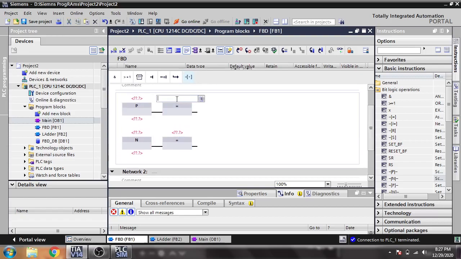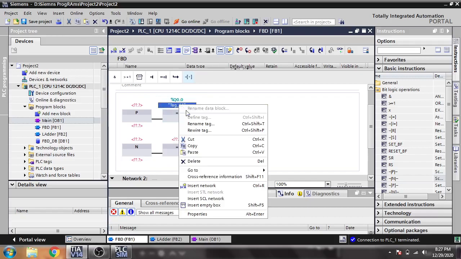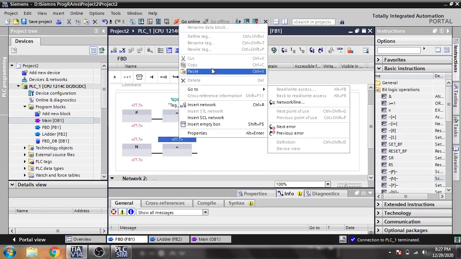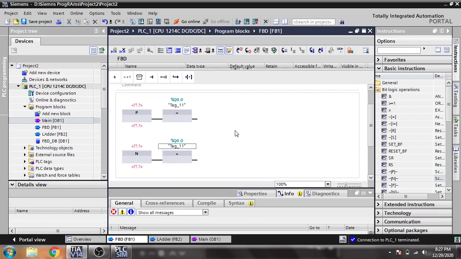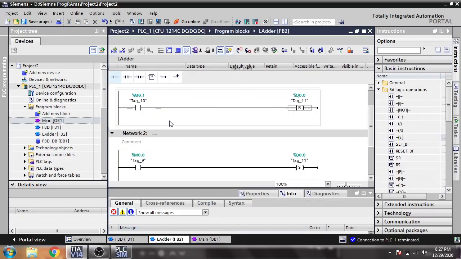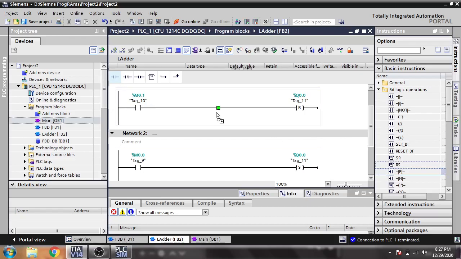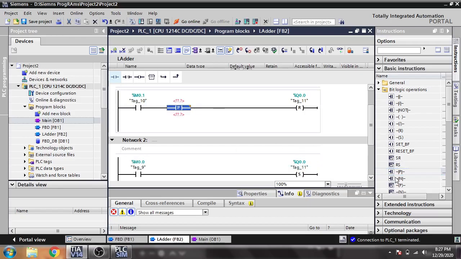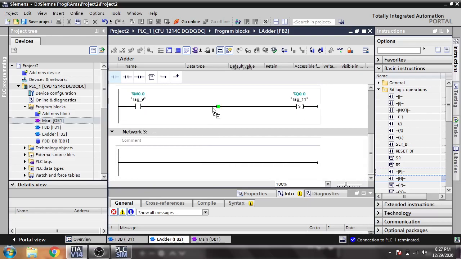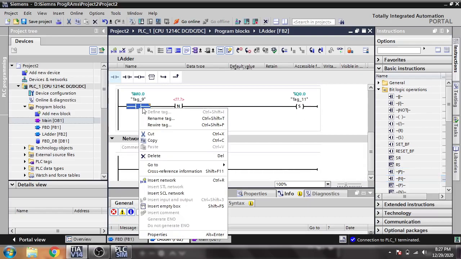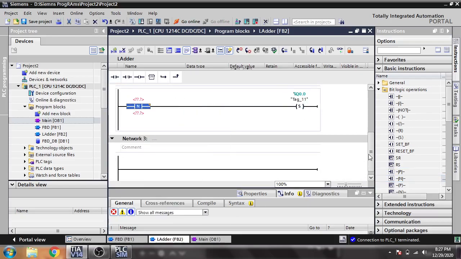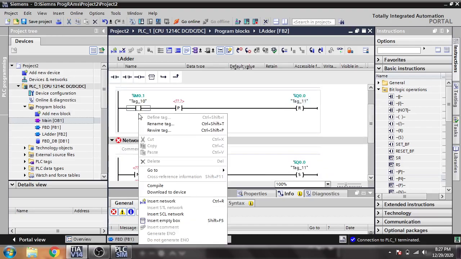We use Q0.0, and just make a copy there and paste it. Please must watch my previous lecture if you want to understand. I am directly putting that P, directly putting that 10, like that, and I'm going to delete that and delete that one.